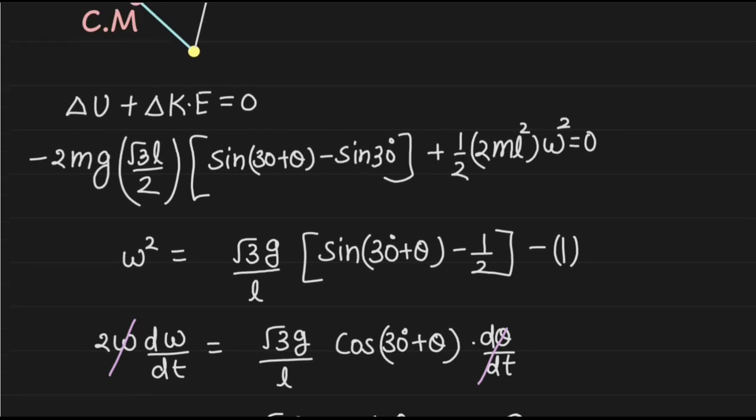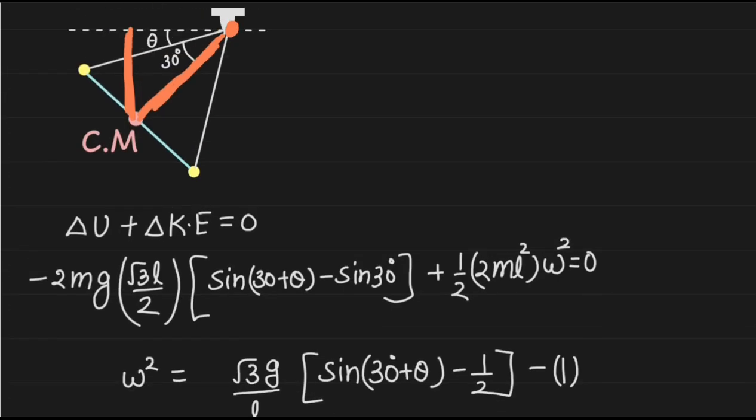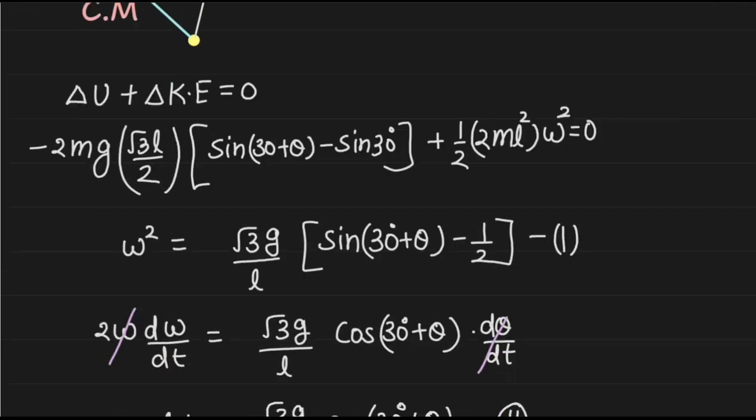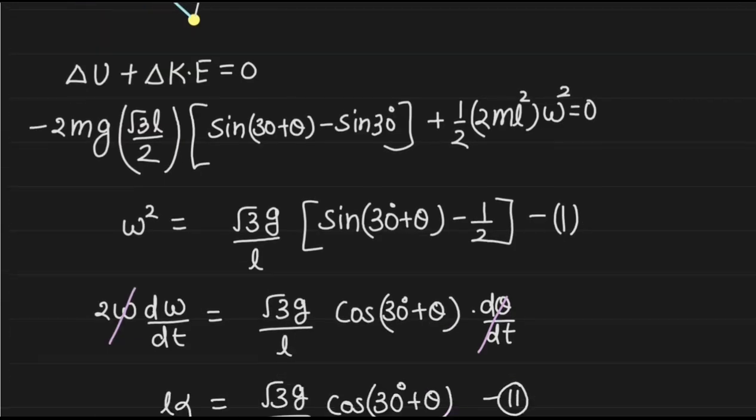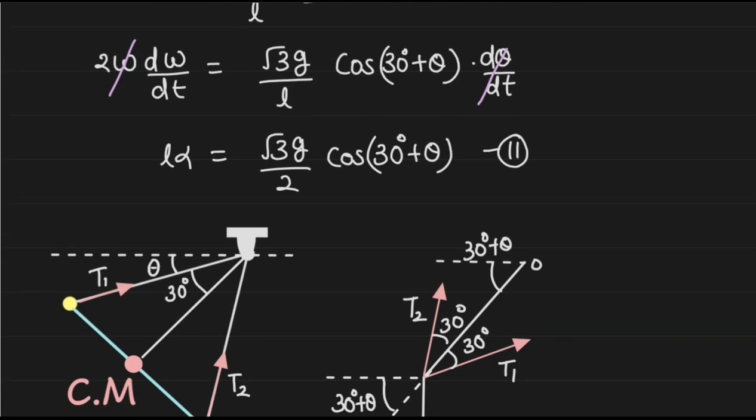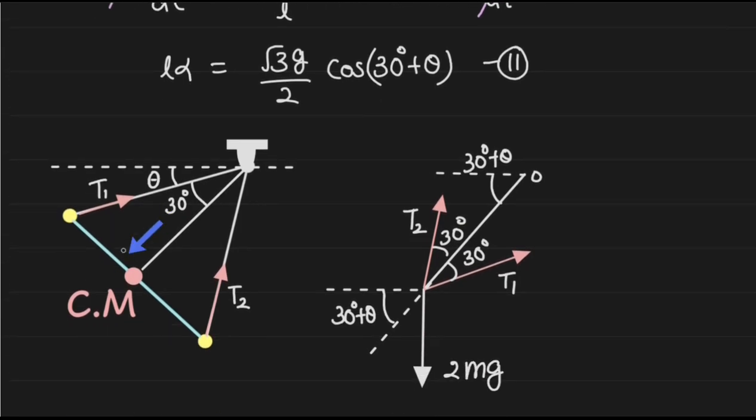So now coming to this part where we are going to write down the equation of motion, or Newton's laws of motion for the center of mass. So let's draw the free body diagram here. So in this situation, let's say the tension is T1 in this string and T2 in this string, and if we want to draw the free body diagram, here it is the center of mass. So this is the net vertical force, that is equal to weight 2 mg,